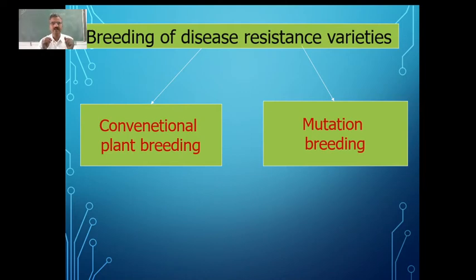So as we have already discussed in the previous class, one of the important purposes of using plant breeding is to develop disease resistant varieties. Then how do we develop a disease resistant variety of a particular plant? We have two different ways by which we can develop them. That is by conventional plant breeding, which we have already discussed, and also by mutation breeding, where we are going to change the genome, the genes, by using mutations. So let us see what conventional breeding is and what examples we have.